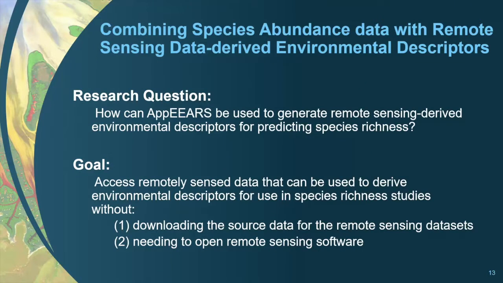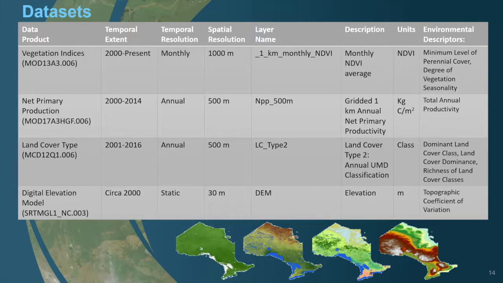So today we will see how we can use the AppEEARS area sampler to extract data that can be used to generate remote sensing derived environmental descriptors for predicting bird species richness without even needing to download data and not requiring remote sensing software. Here's a quick breakdown of the datasets that we will be using for this use case,